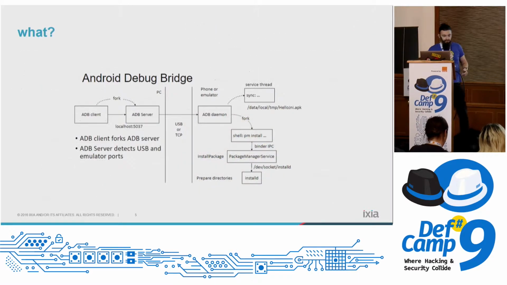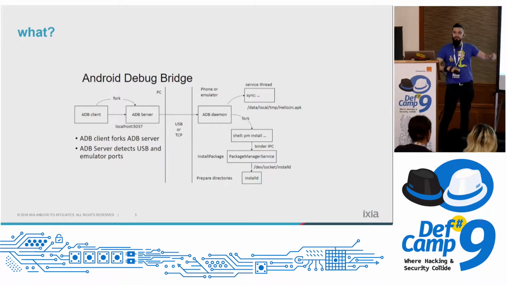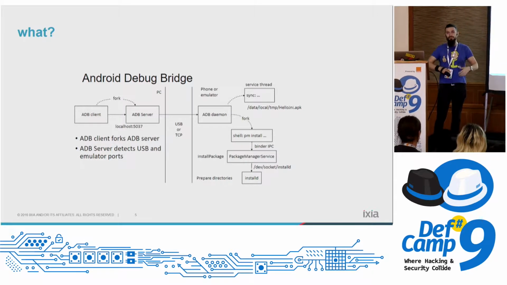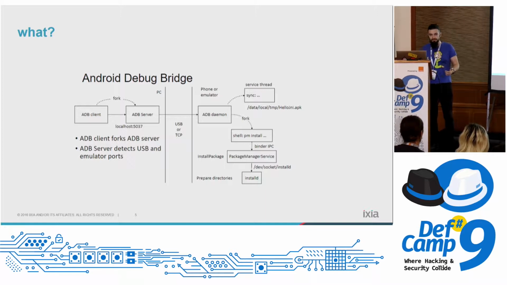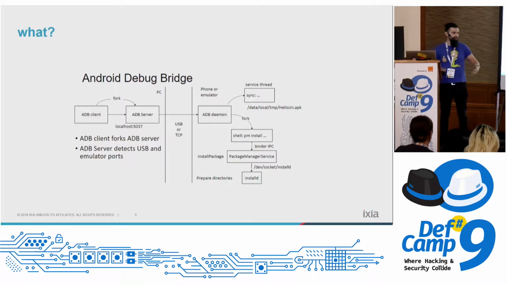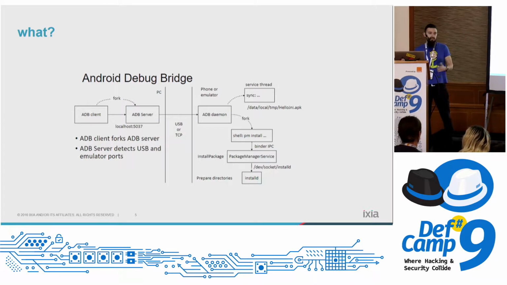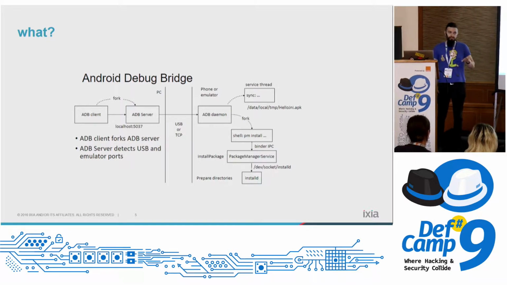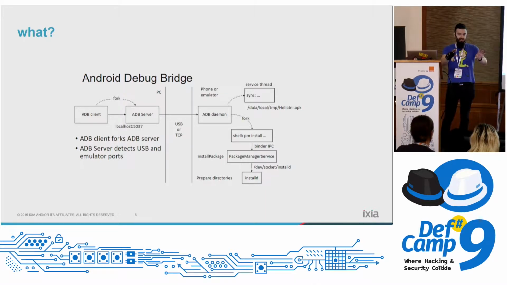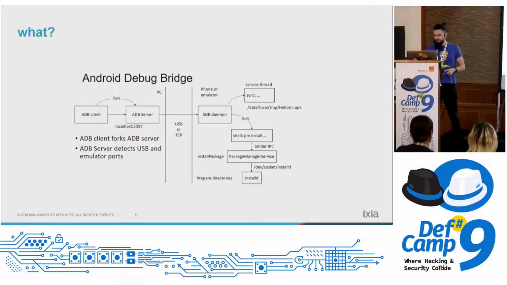So let's get to the matter at hand. What's an Android debug bridge? Android debug bridge is a protocol that Google uses to help developers debug their own code. Initially, you had to insert the USB cable in your phone in order to get access to them, like full root access to your phone if you have it rooted. If not, we'll get into that later. But recently, they started exposing it over the internet, and some people, maybe from the factory or I don't know, kind of forgot to turn it off. So